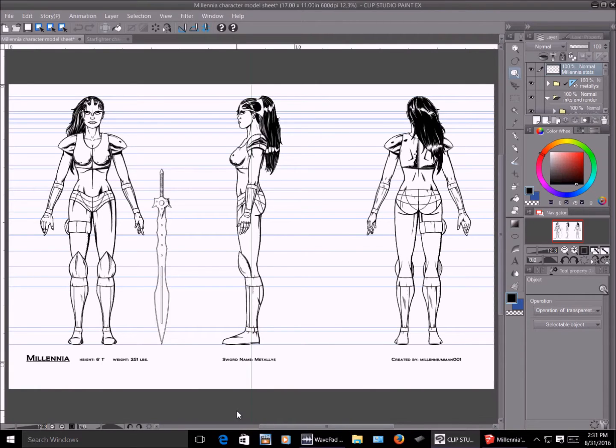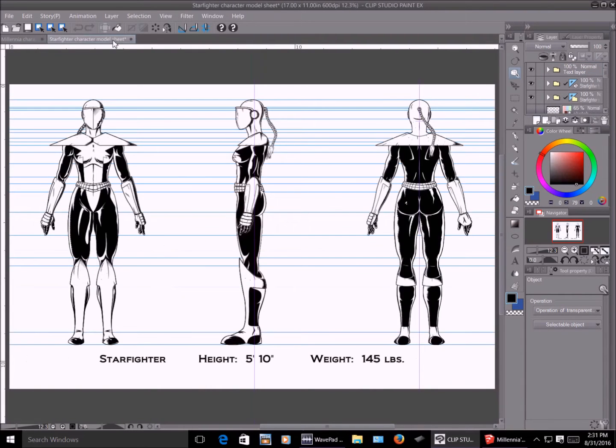Now, I was doing some research trying to figure out how to do this because I've decided to use this character here and start my own comic series. Something that I can make for myself as well as present to any independent comic company or at Comic Cons to show my talents. Now, I made a character model sheet tutorial based on this character. If you haven't watched it, you really should. I think it was real informative. And this character's name is Starfighter.